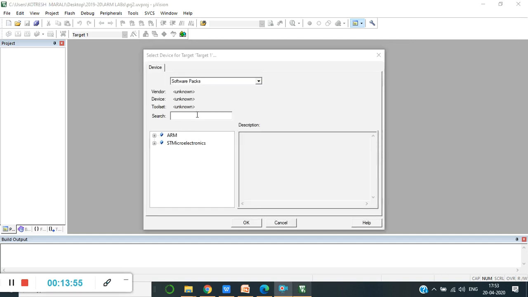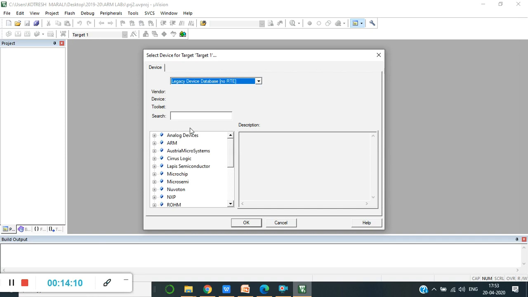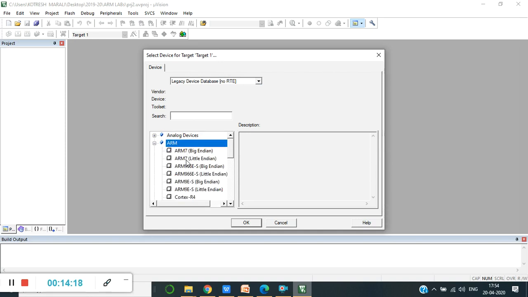Now here comes a very important point: since you are using MicroVision 5, whenever you go to target selection, please select legacy database, no RTE, and search for your device. Either you can go for LPC2148 or else simple ARM7.